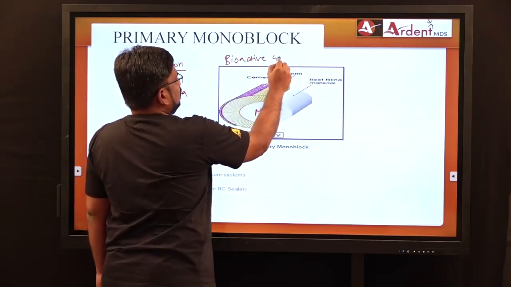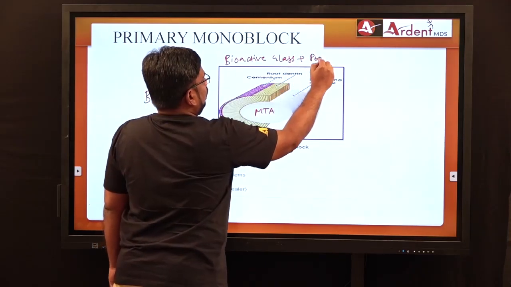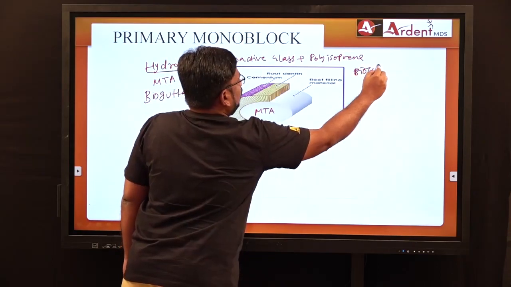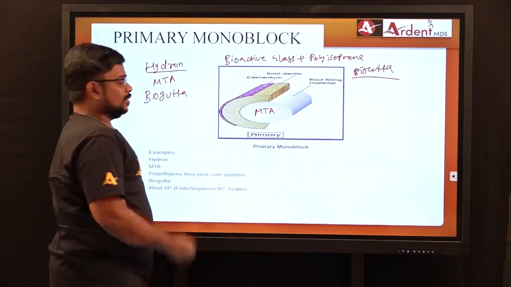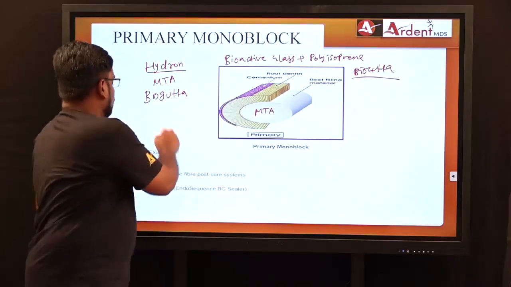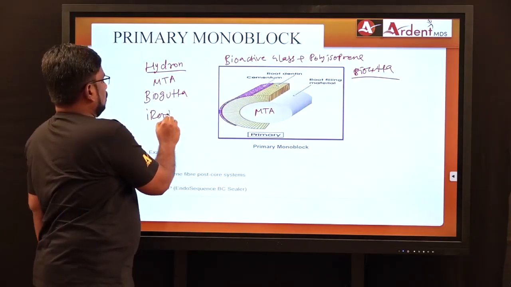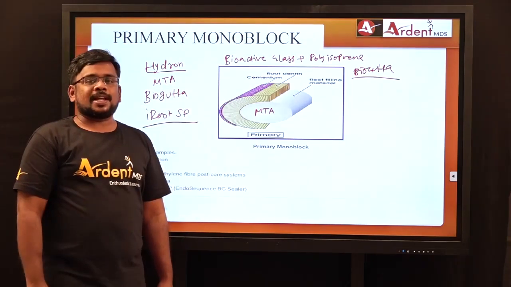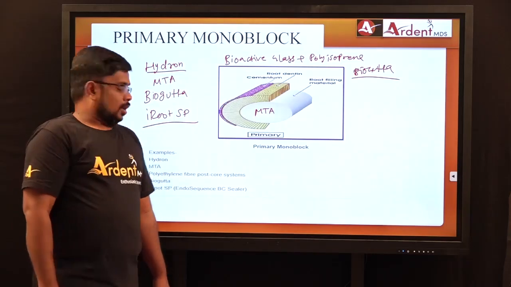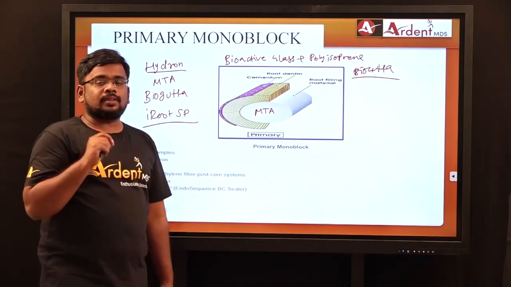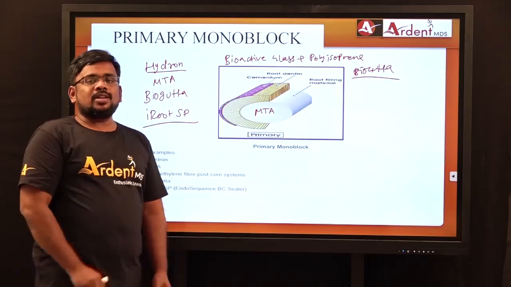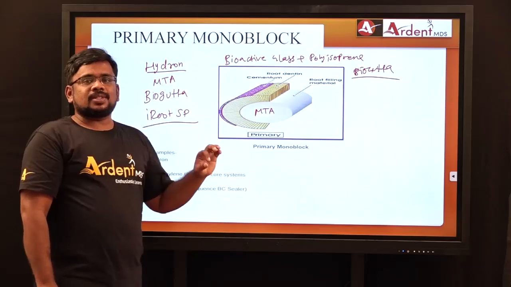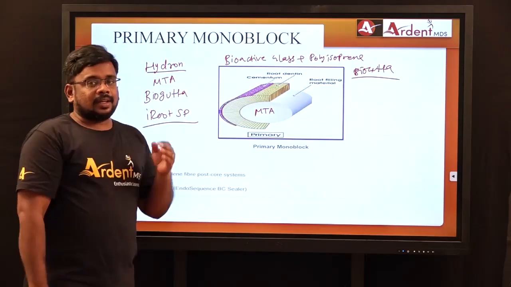Bioactive glass plus polyisoprene is Biogutta. So you may get a question on it in recent advances. Or I-root SP. And what is this I-root SP? I-root SP is nothing but a bioceramic injectable material. And you also have polyethylene fiber post. All of these act as a single material inside the root canal, which gives the primary monoblock concept and decreases the